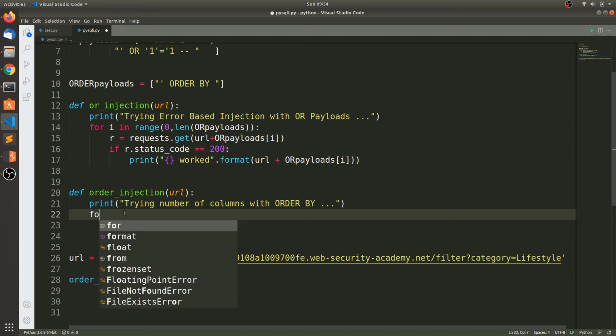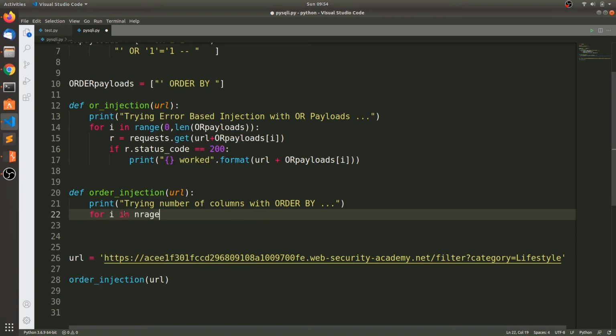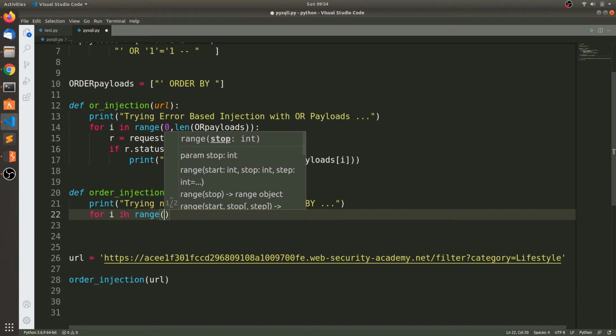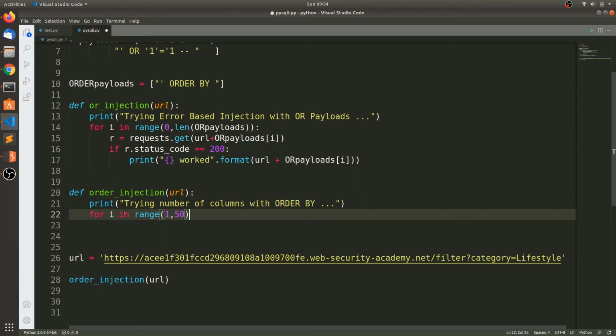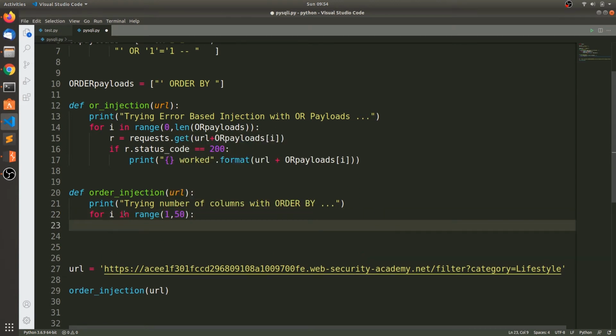Let's determine i in range of 1 to 50. Of course there will be fewer than 50 columns in most cases. You can also increase it to 100 or 150, whatever you want.